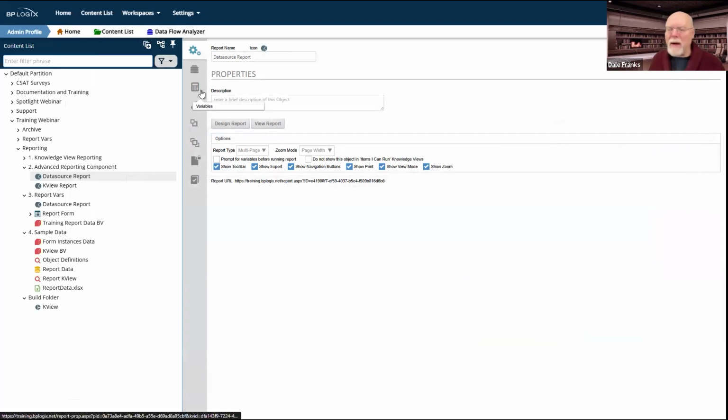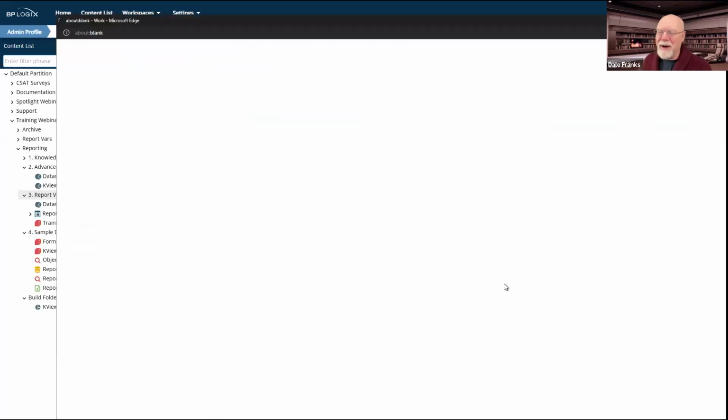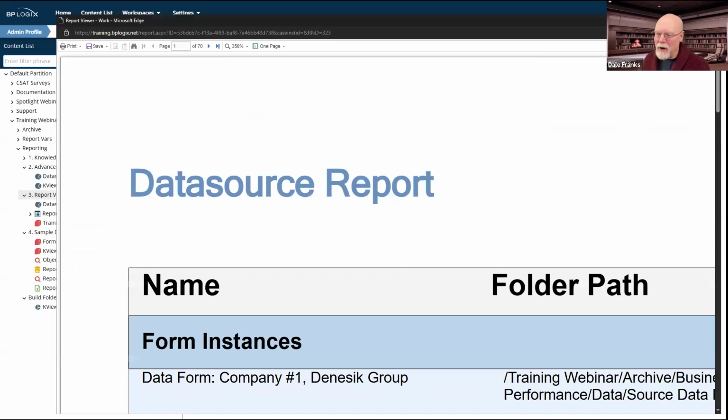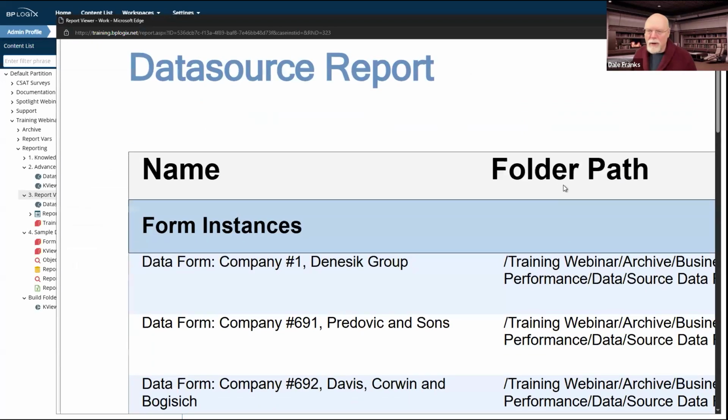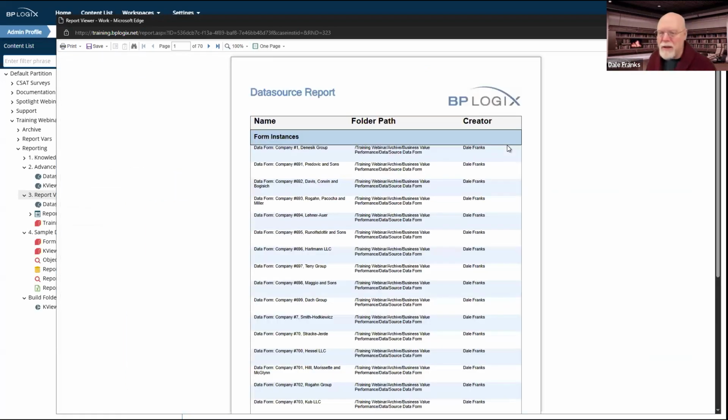Okay, let's talk about a tab we haven't talked about, and that is the Variables tab. To do so, we're going to go to a different report. Actually, it's not a different report. It's literally exactly the same report, but it is the same report run on the basis of some variables. Now, if we open this report, we've already seen this report. It already looks fine. There's no difference in this report as is, mainly because I haven't messed with the UI yet, but I'm about to. So here's my data source report showing me the exact same data.